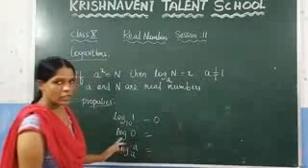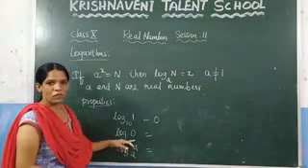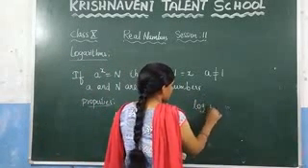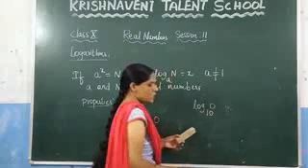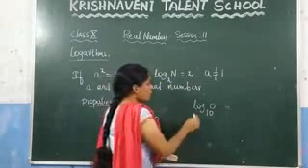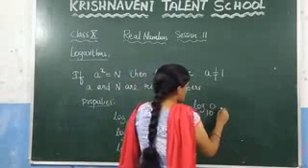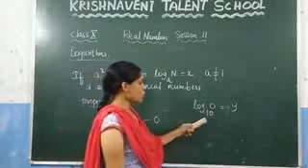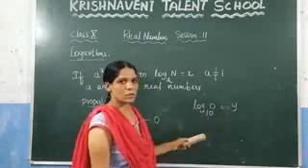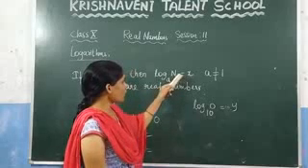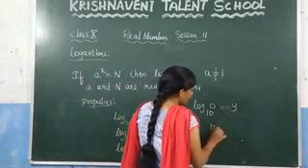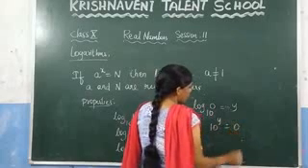This is very important. Now, what is the value of log 0? If you want to find the value of log 0, consider the base 10. By changing the bases, we are going to find the value of log 0 to the base 10. You don't know that value, so consider it as y. Now you have to express this in the form of exponents. How do we write it? a power x is equal to n. So you can write 10 power y is equal to 0.